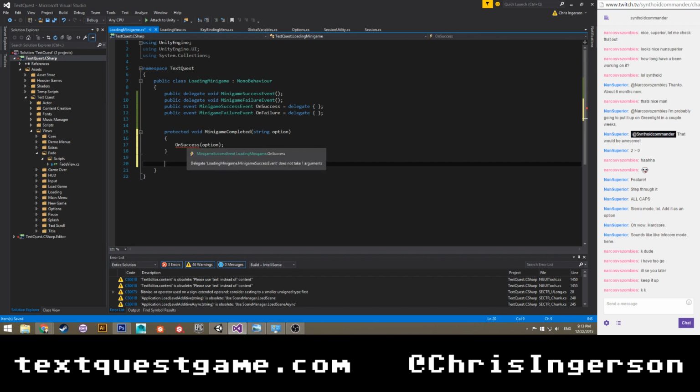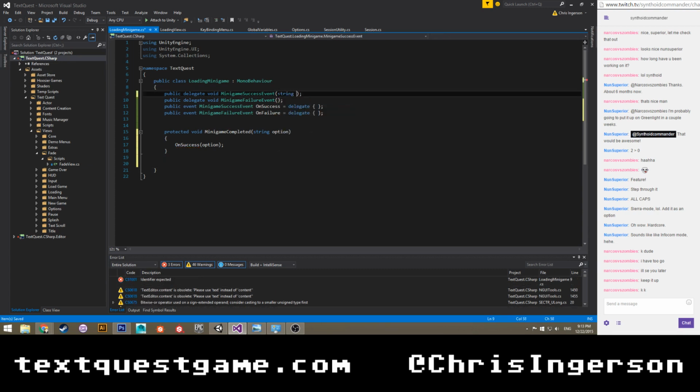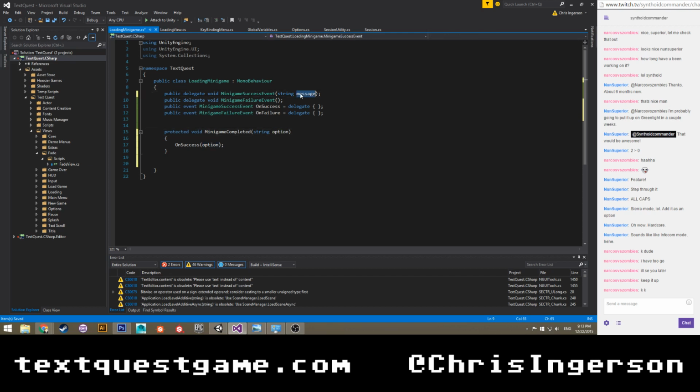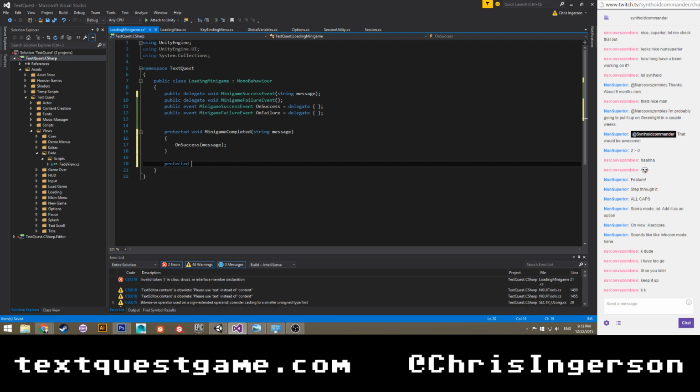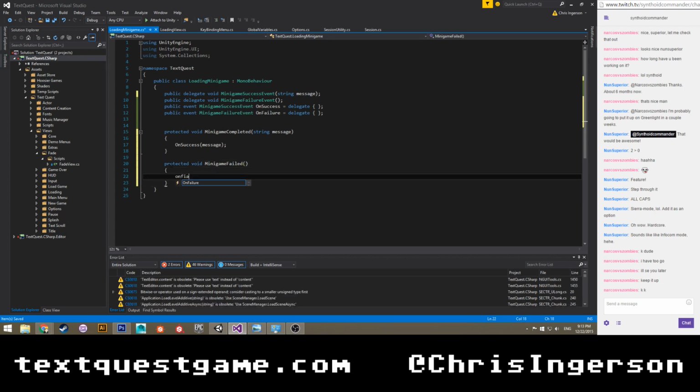What the heck? Oh, right, I forgot to say string message. Let me just replace these real quick. Protected void minigame failed, and OnFailure. Okay. And that's basically all I need to do for this base class, I think.